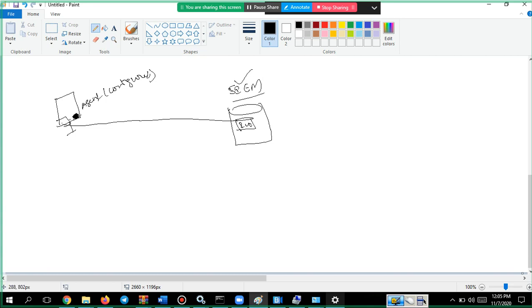Got it? This is called forwarding. You are pushing from your machine to the Splunk server. This is a push mechanism, meaning from the source to the destination, you are pushing the logs. Okay, if you take one more machine.